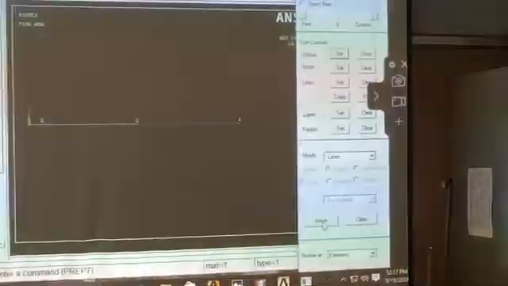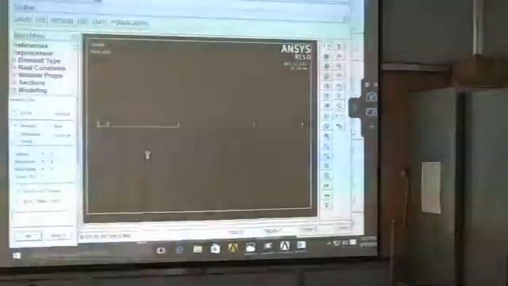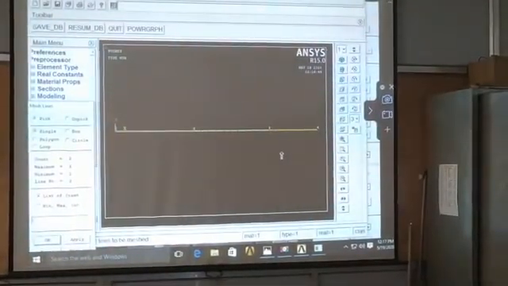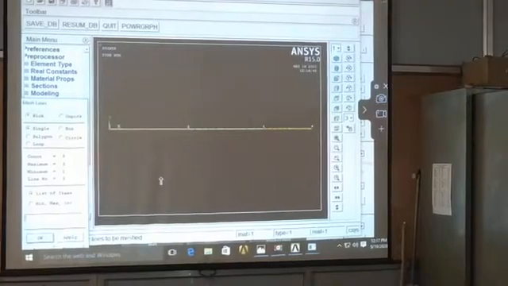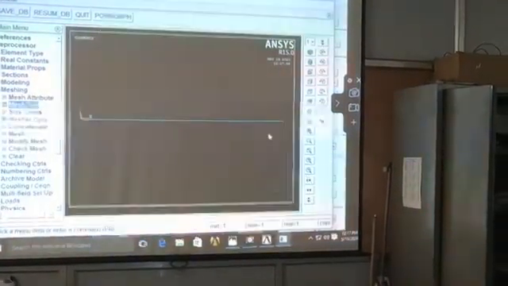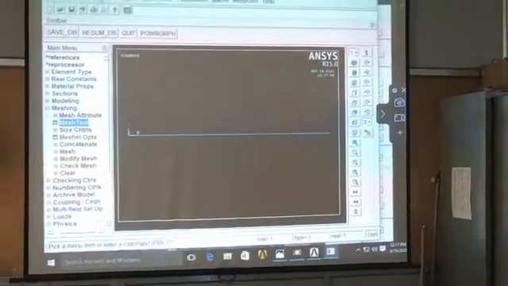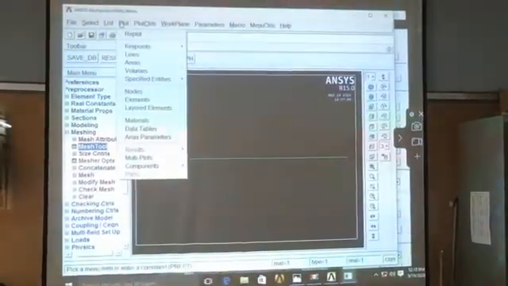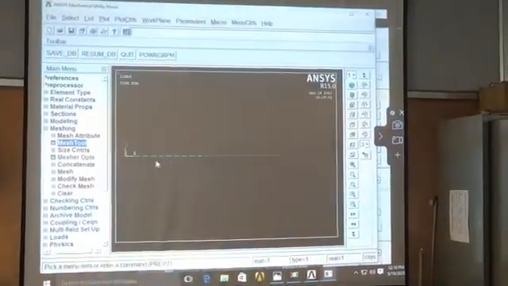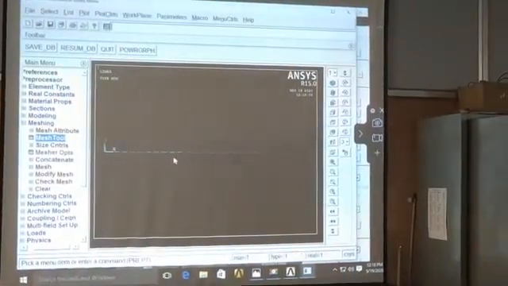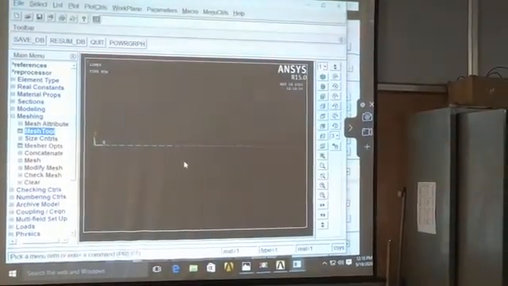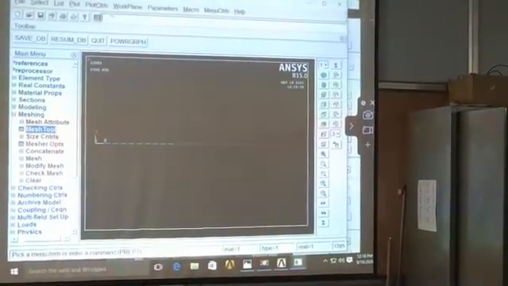Next, click on mesh, select all 3 lines, click on OK. You are getting the single color line.